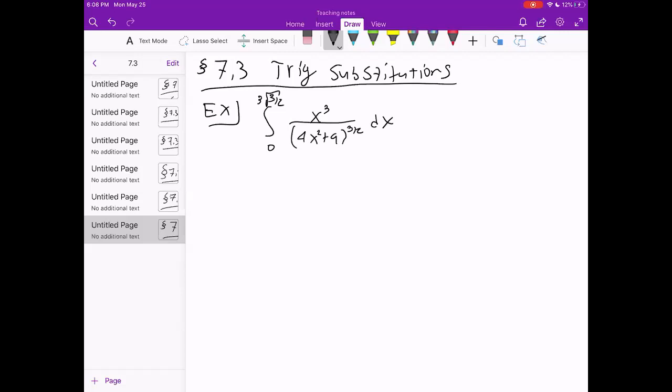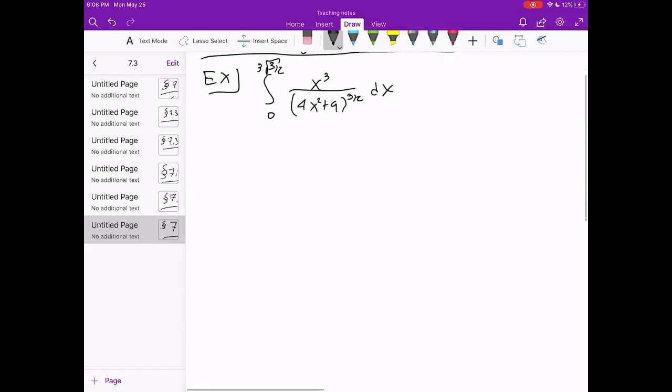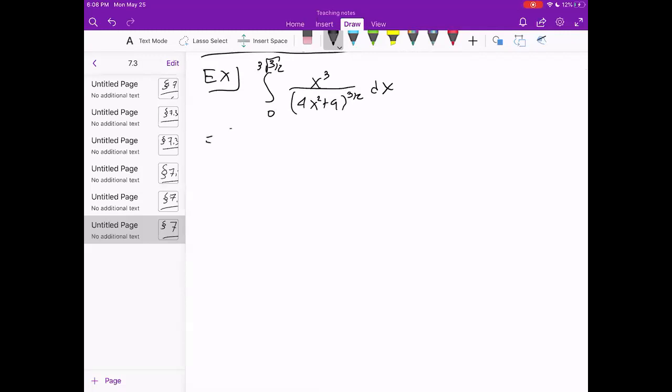So right now, you look at this and it doesn't exactly look like a trig substitution. We're used to seeing square roots for trig substitutions. Those are when they're really useful. Doesn't look like a u substitution, doesn't look like integration by parts. So let's try and rewrite this in a way that makes it look like something that a trig substitution will work on. Let me give myself a little more room there, so I'm not right on top of that other integral. So 0 to 3 radical 3 over 2